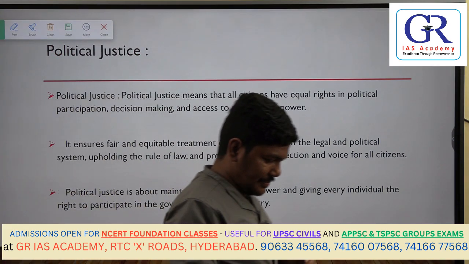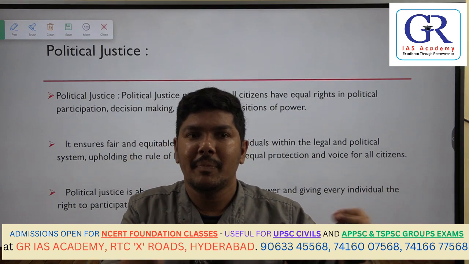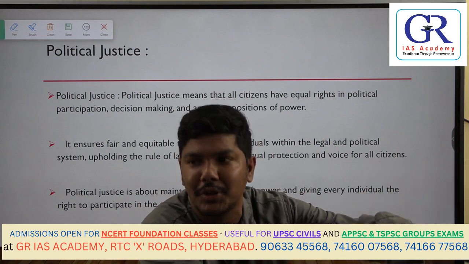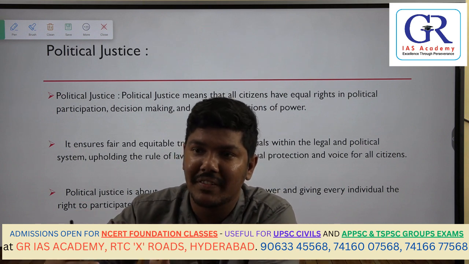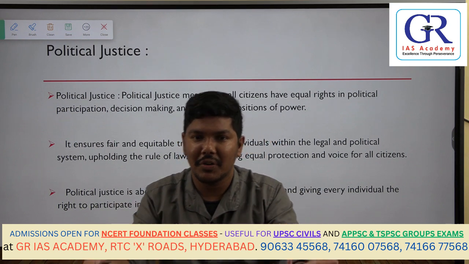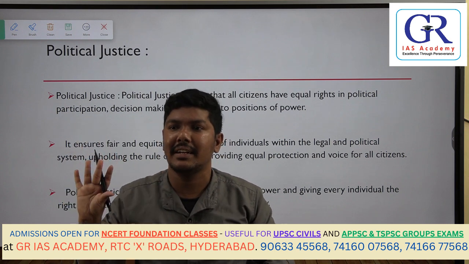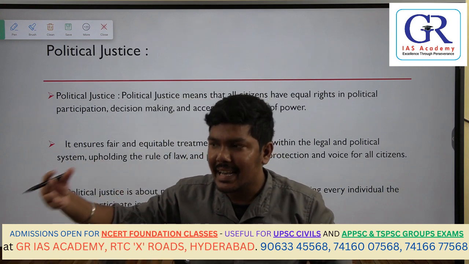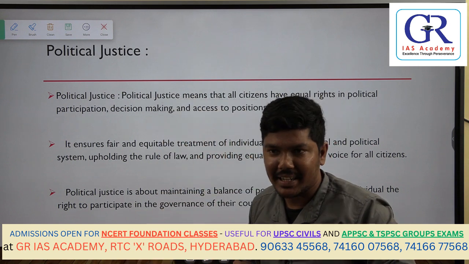Then political justice. Earlier, in the British era, women did not have political rights, or only some sections of the society had political rights. They did not even have the right to vote. So now political justice says that everybody has to be given equal access to the political rights and the political institutions. So if tomorrow you want to become the President of India, there is no bar, provided you satisfy the basic eligibility criteria, you can even contest. So these public institutions as well as the rights have to be equal to every person. That is what political justice is all about.